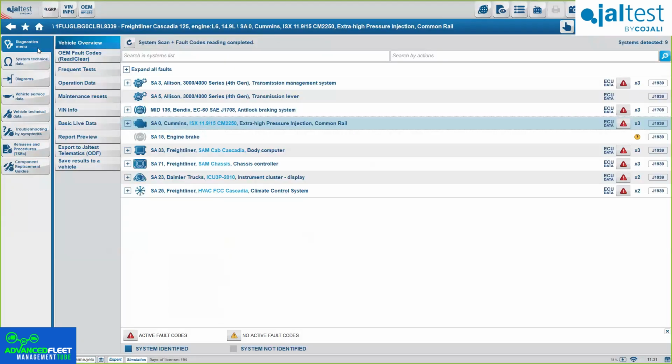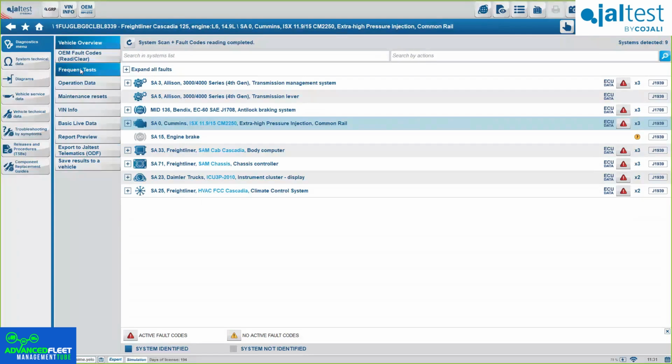Now, if you go back to the diagnosis menu, you will see here on the right side that we haven't even connected to the engine yet. Okay, basically, this is the first step of the diagnosis, which is the full truck diagnosis, and we haven't even gotten to the engine yet. But before that, I want to check here. You have here the fault codes.